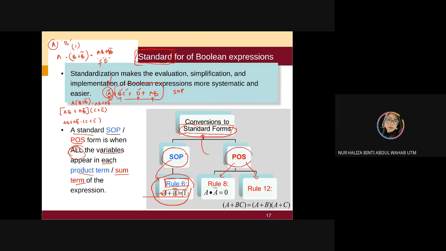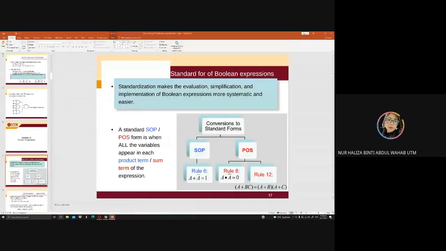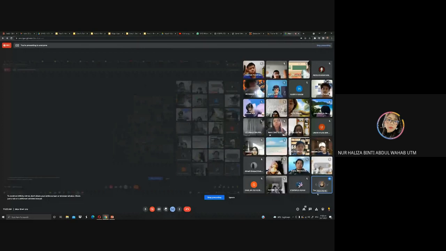You're going to see, suddenly you cannot see, oh, this one, the answer will be AB only. Then you didn't do the standardization. So you just multiply with AB bar C plus AB bar C bar. You forgot about this one. So please be careful, although you know and you understand, okay, after this I'm going to do standardization, which is, you cannot join